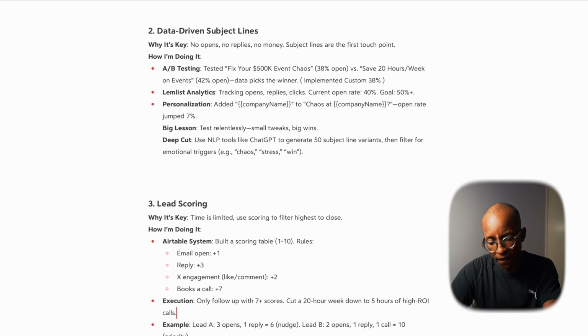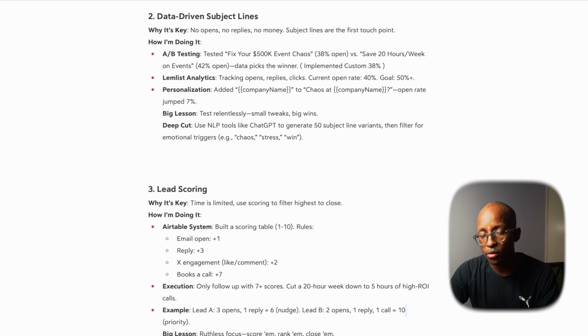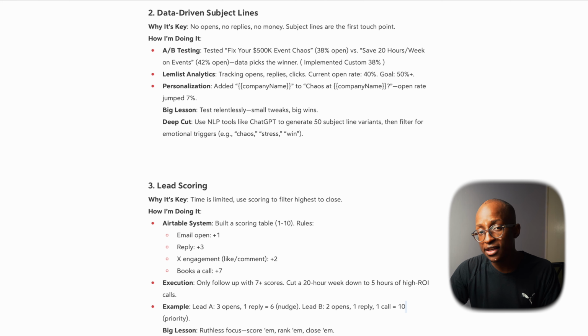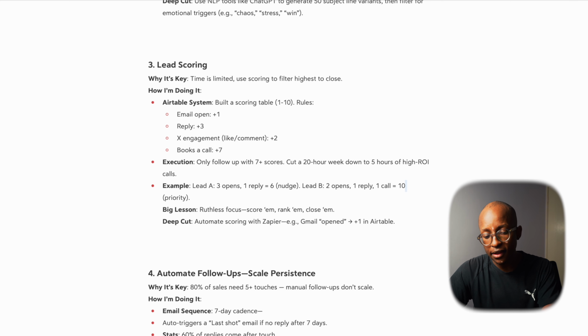And the biggest lesson that we've learned here is relentless focus: score, rank, and close. So basically a score, rank, and close process, to make sure we're relentlessly focusing on what we need to focus on, and we're not just shooting blanks, because that is the worst thing that we could be doing, shooting blanks and not having a structured process around this. And a deep cut: automate scoring with Zapier. Gmail open, +1 in Airtable. So we're actively scoring the leads as we go,